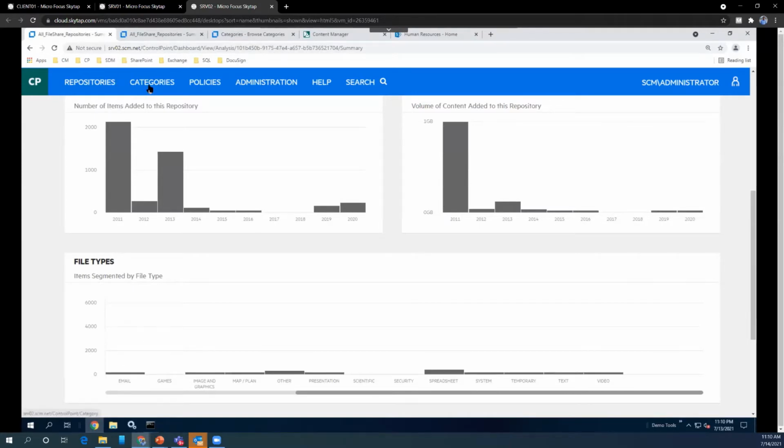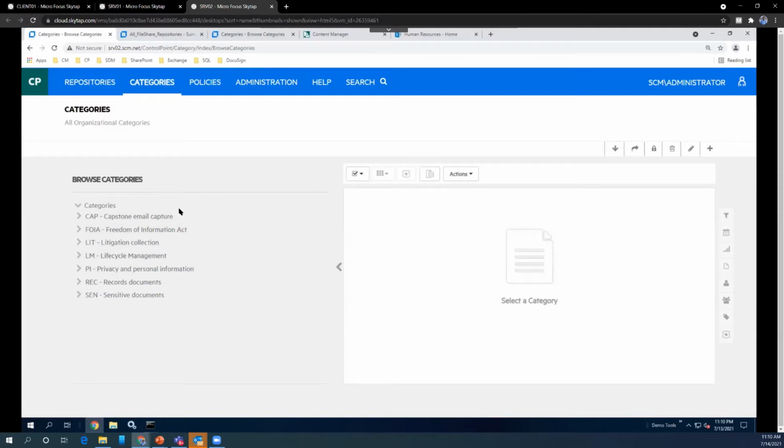Now, what do I want to do? Now I know, I have discovered. So now comes the analysis part. With the analysis part, you can define categories or a classification based on what you want to do with this data.